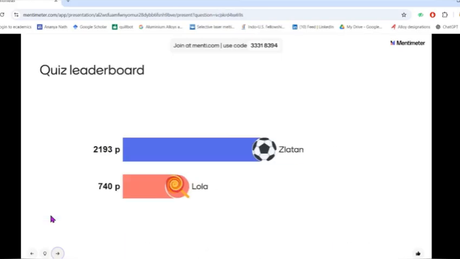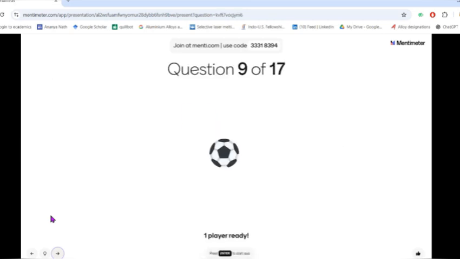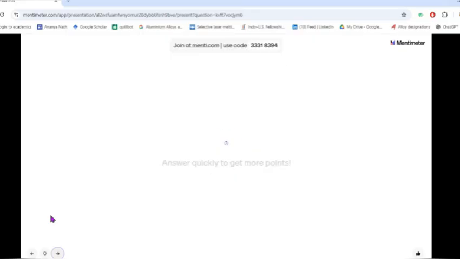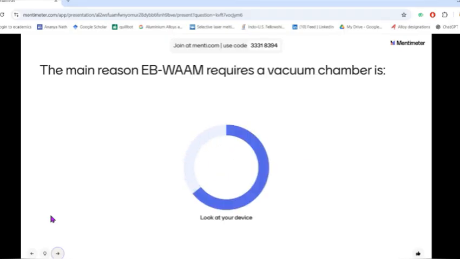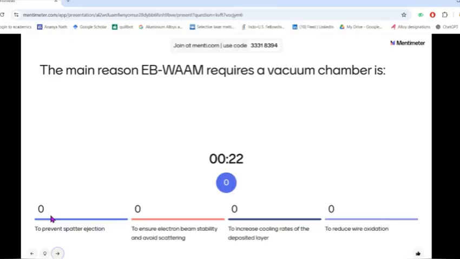Who is correct? Who is wrong? Okay. Next question. The main reason EBAM requires a vacuum chamber is